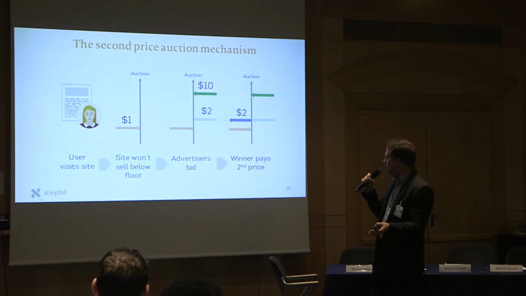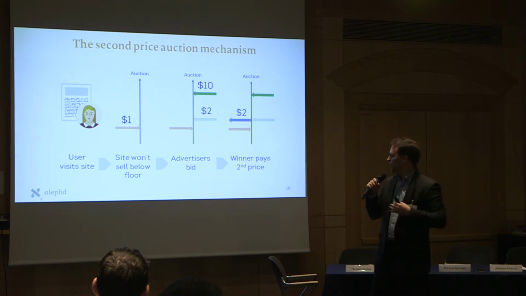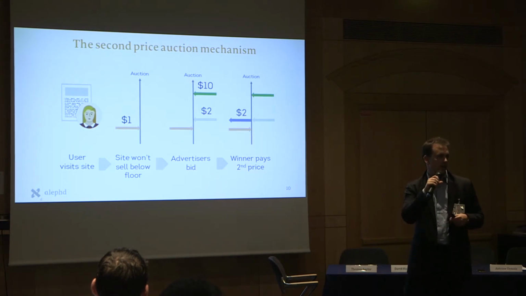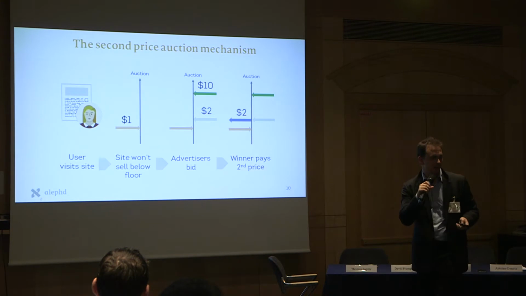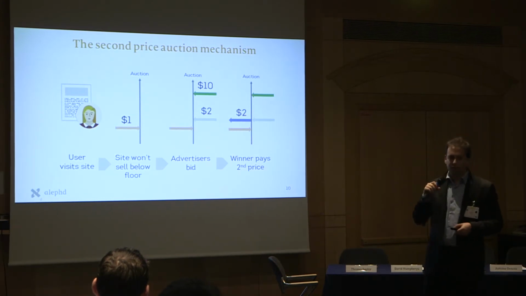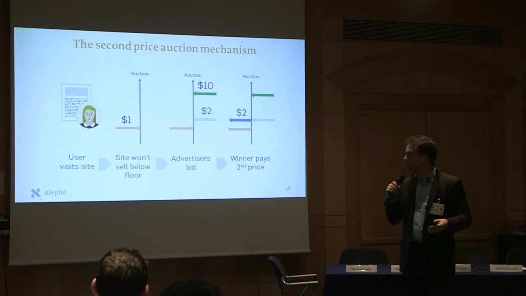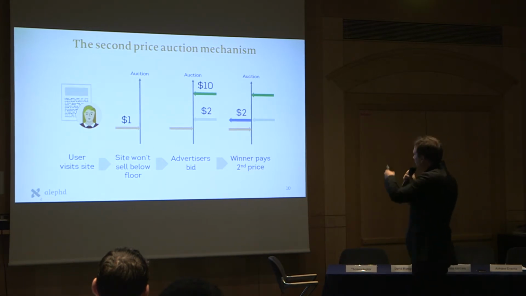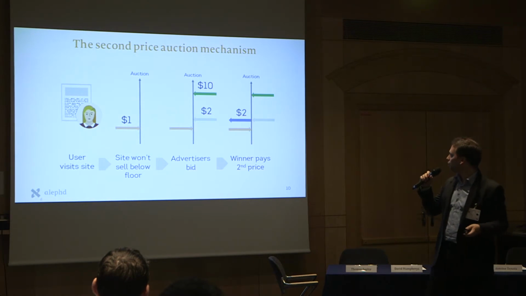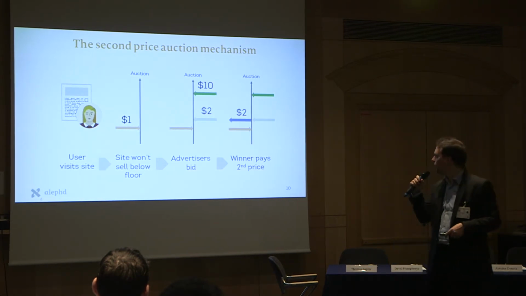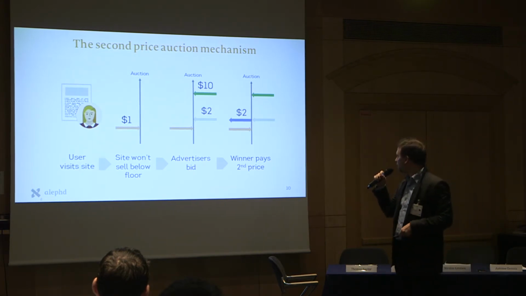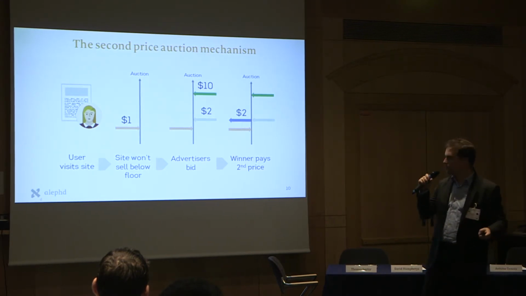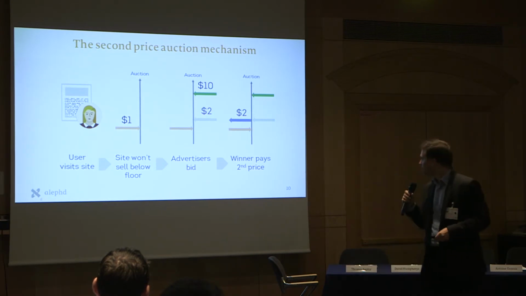So the user visits the website, then the website sets a minimum price under which it doesn't want to sell the ad space, and it'd rather not display any ad at all. Then the advertisers or the buyers that want to display content are called by the platform, and they all bid different prices. So here you can see, one advertiser is really interested in showing an ad to this user. He will bid $10, for example, and another advertiser is less interested. He will bid $2. The winner of this auction will be the highest bidder, and